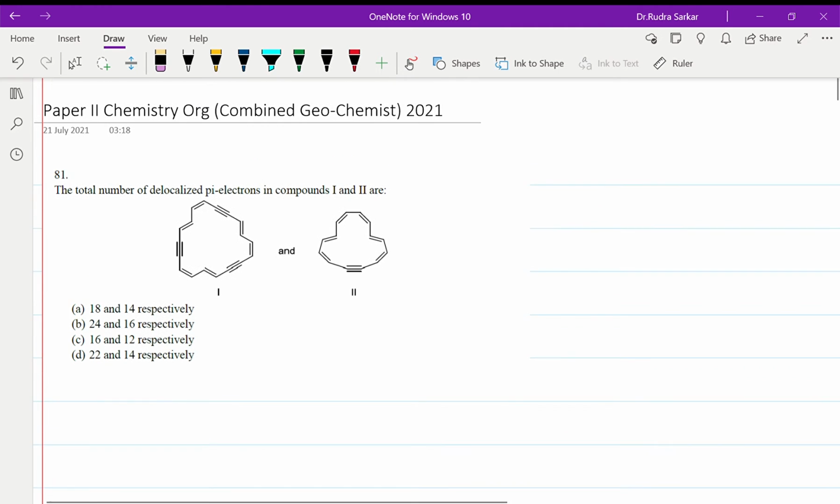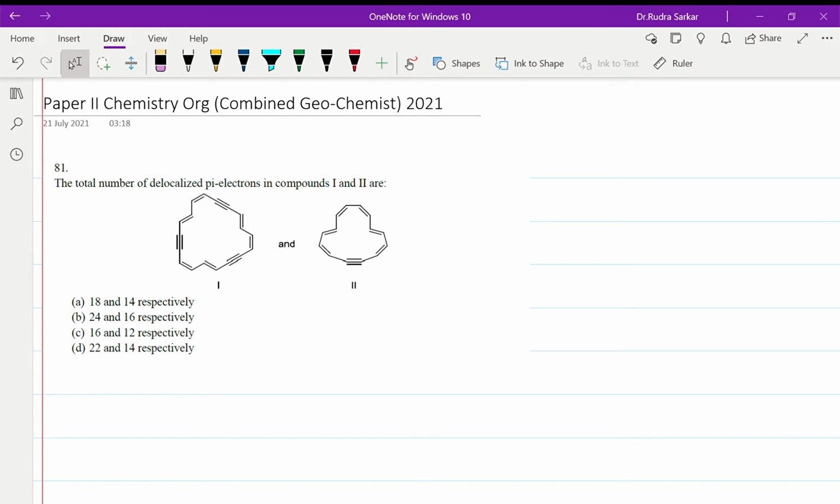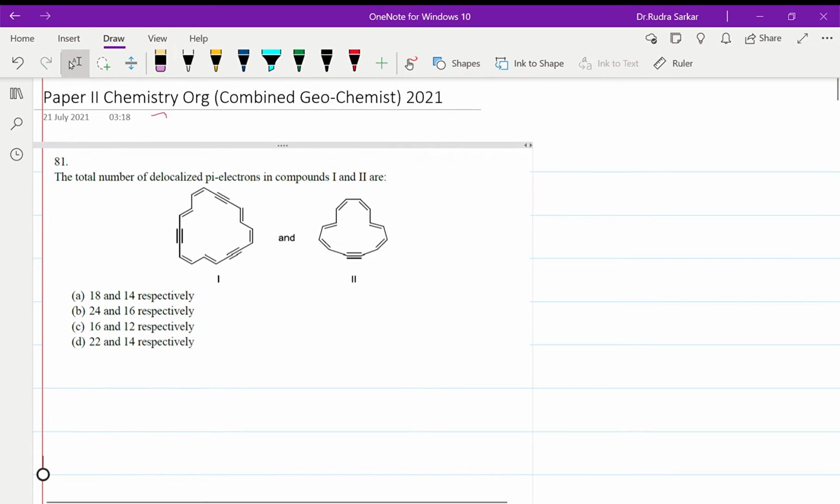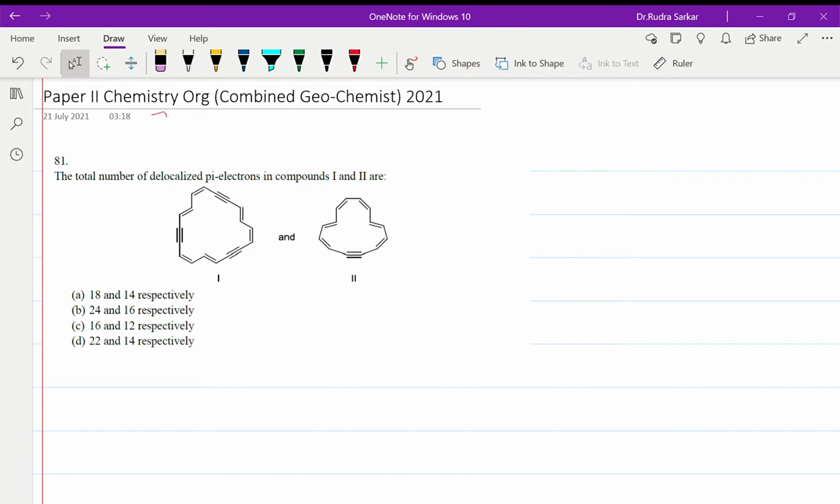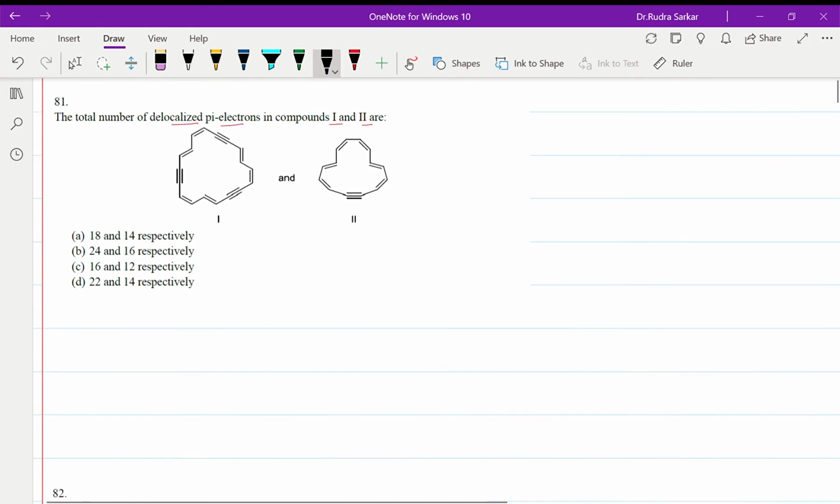We will be solving the paper 2 chemistry, and we are discussing over here the organic questions for the Combined Geochemist examination held in 2021. The question over here is the total number of delocalized pi electrons in compounds 1 and 2. The theory is over here that